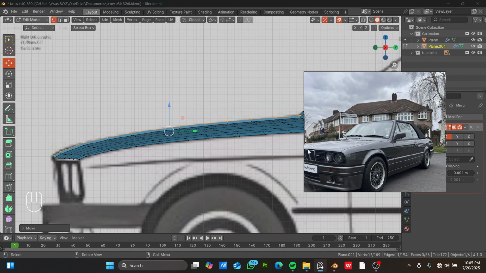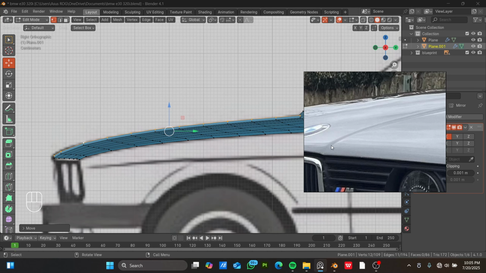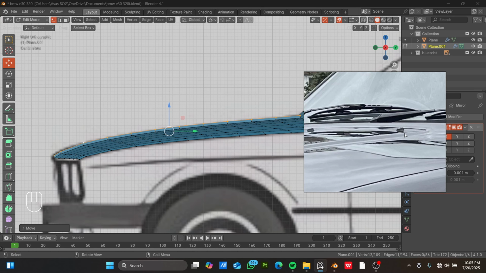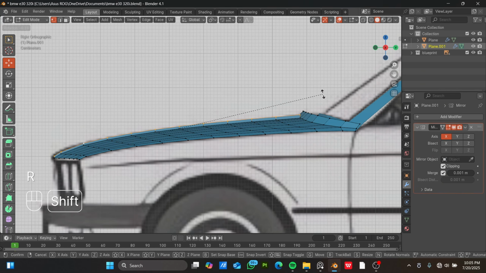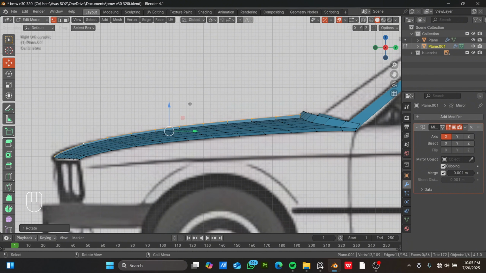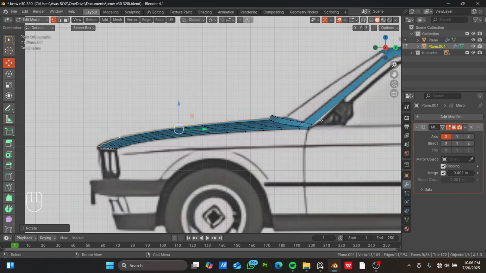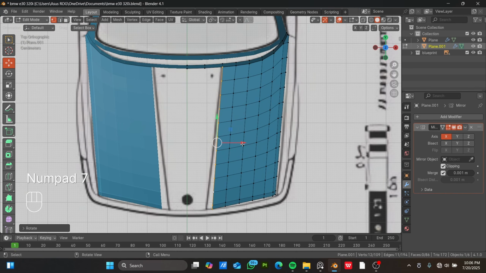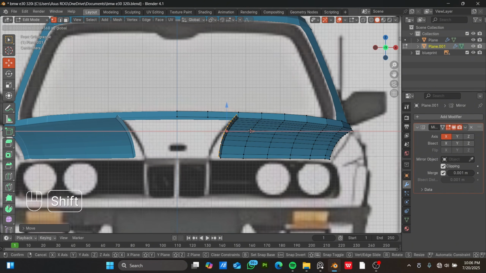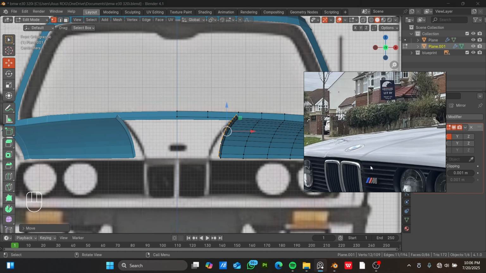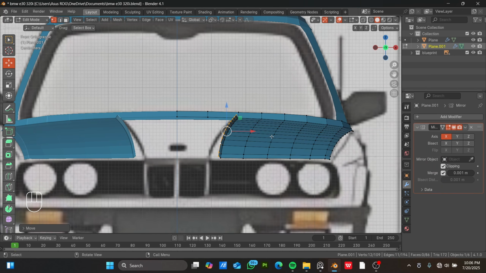Now from this reference you can see the height here is a bit lesser than the height here. So all we have to do is just select this and then rotate it this way. So the height here is a little bit. You can move it down a little bit and rotate it also a little bit, like that. So go to the top view and then move it slightly to the side, like this. Like that. Then move it slightly a bit more